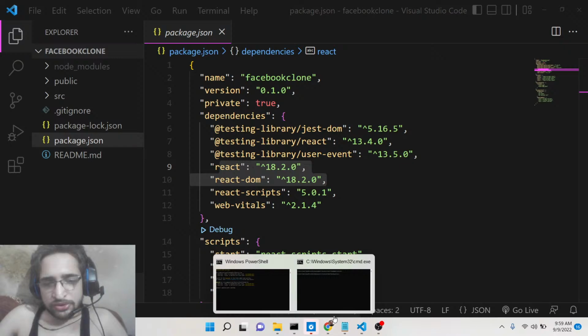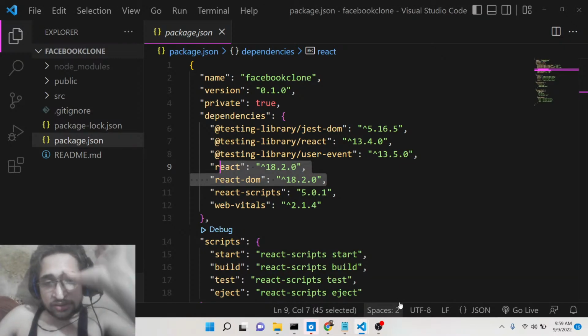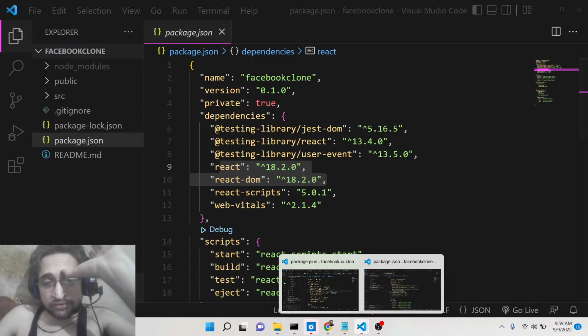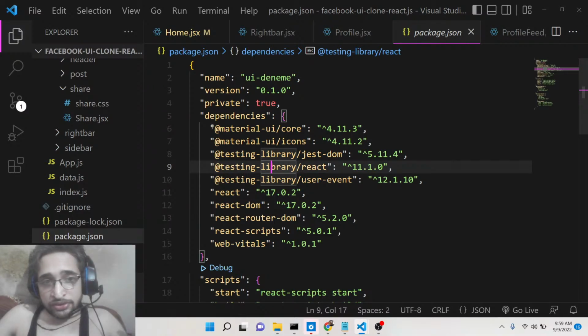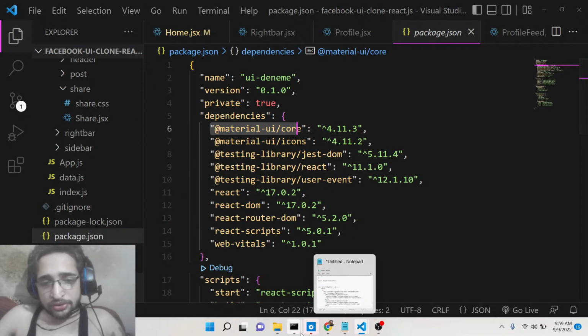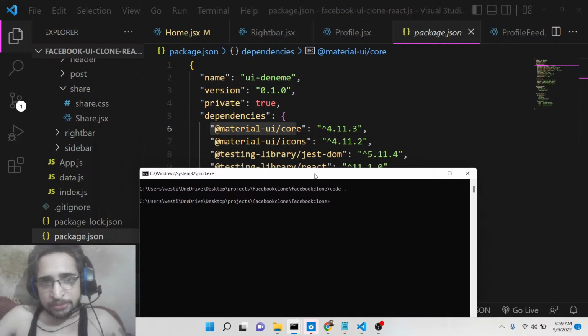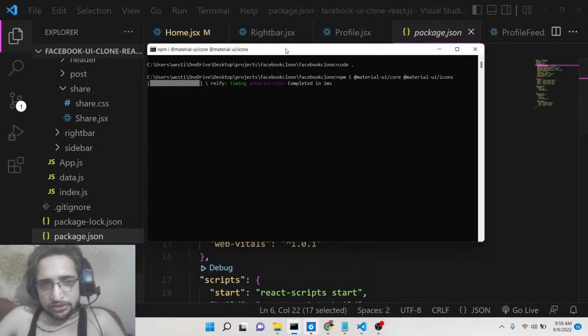And now we need to install the package which is required for this, which is material UI core. So simply go to command line and simply type this command, which is npm i @material-ui/core, and also @material-ui/icons for the different kinds of icons that you see. So simply install this,